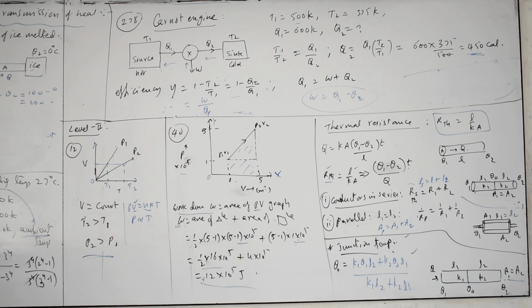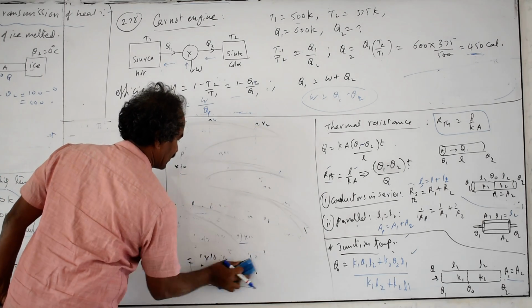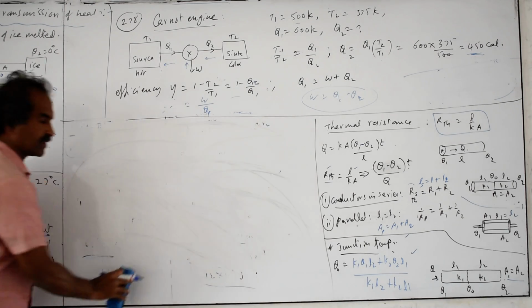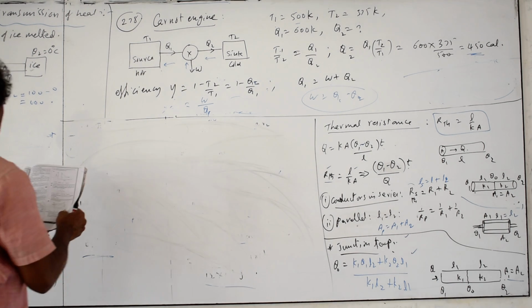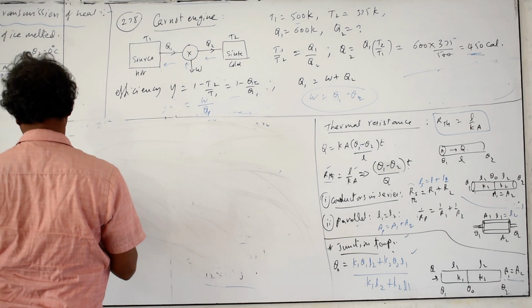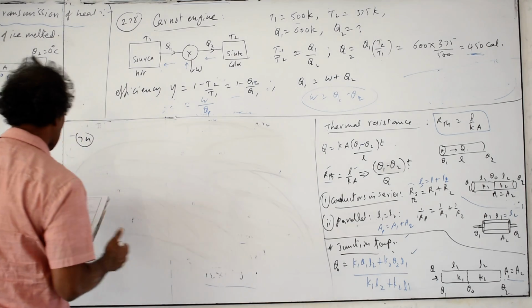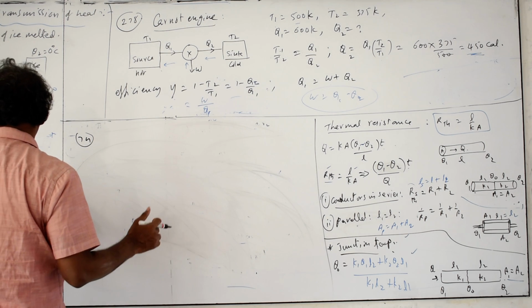One more problem is left out, the last one, so I want to discuss. It is an important one, repeatedly asked in all competitive exams. Question number 74. And Newton's law of cooling graph is also important. Please go through that. Specific heat of water is maximum in those graphs, the topmost ones.